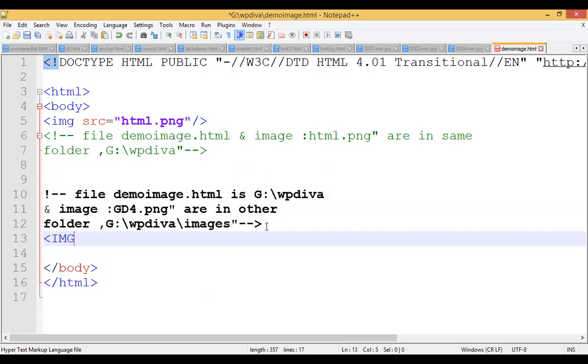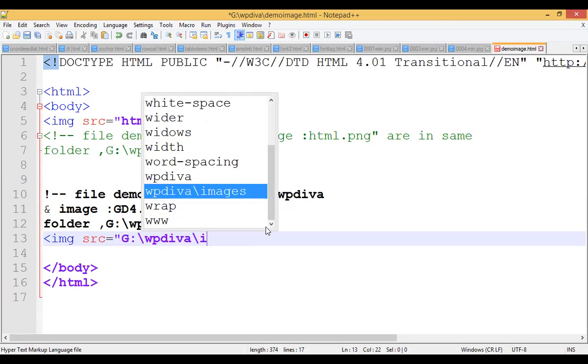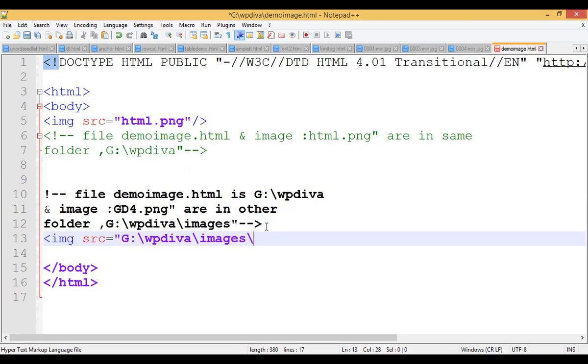Take img, specified in small case, img src is equal to, what is the path from where I have to take the folder? The folder is in G drive:/WP division A. In that I have one folder called images. In that, what is the name of my image?